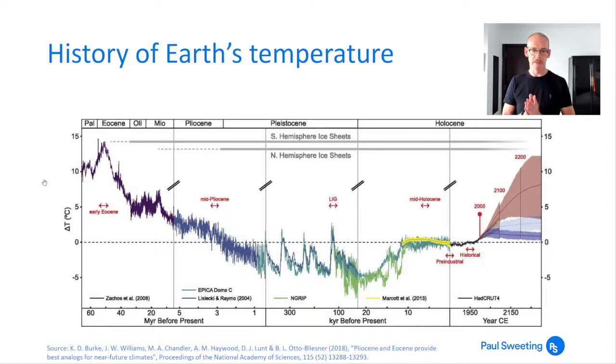So this is looking at the history of the Earth's temperature. We can see that it started off around 10 degrees hotter than it is now, up to almost 15 degrees hotter than the present day, which is extremely hot. I mean, it's almost as hot as Dubai in summer, but not quite. Then the temperature gradually fell over time, and an important thing to note on the scale here is it's not a constant scale on the horizontal axis. So the first block is million years before the present, the second block is thousands of years before the present, and the final block is in years.